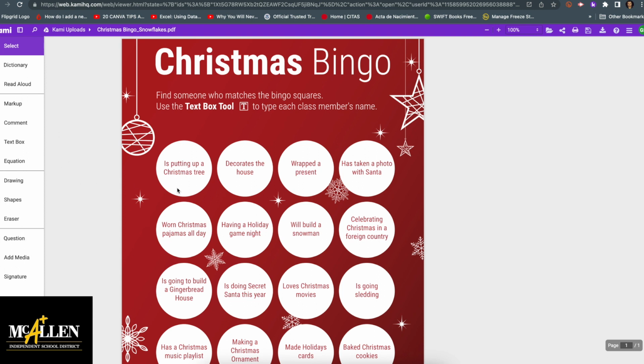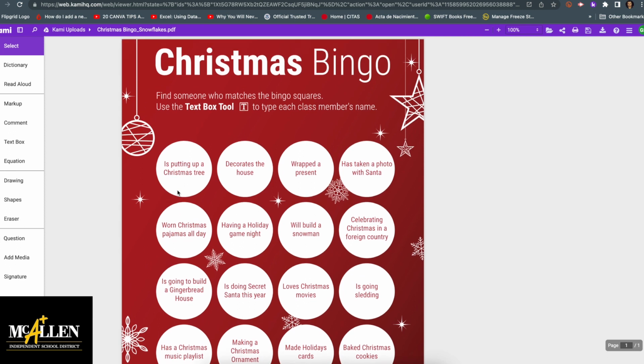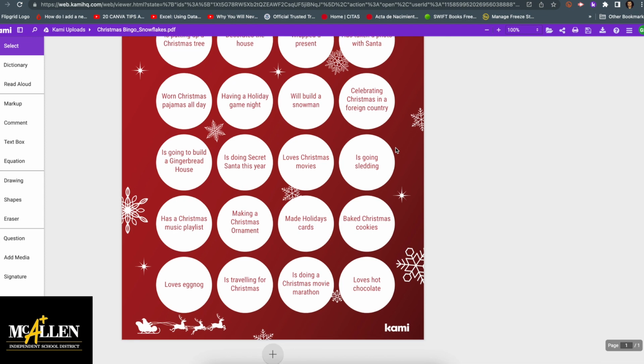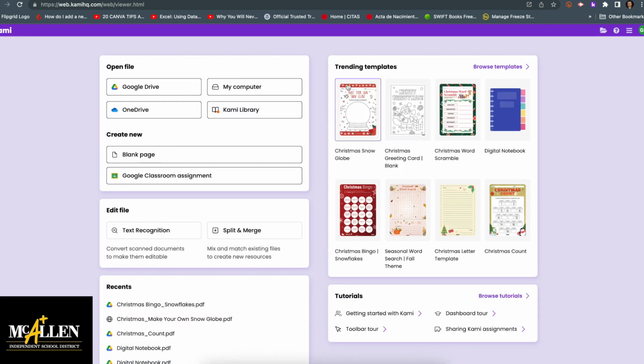At this time, you as a teacher can now use any of the tools that you have here in Kami to explain or illustrate for the students what they need to do on their side for the activity, or you can simply assign this as an assignment in Google Classroom. I'm going to go over those steps later on. So now I'm going to go back to my Kami library for my templates